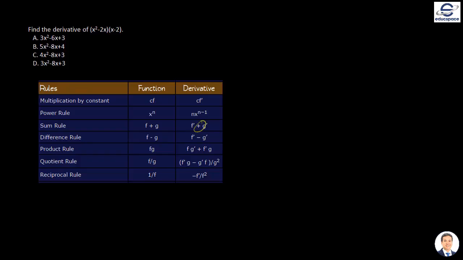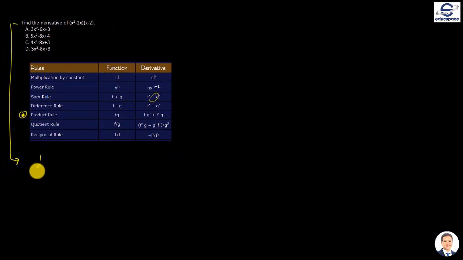Find the derivative of x squared minus 2x multiplied by x minus 2. Again, this one is the product rule. We can use this since we have two functions, f multiplied by g. So this means that to get the derivative of d over dx of x squared minus 2x times x minus 2,